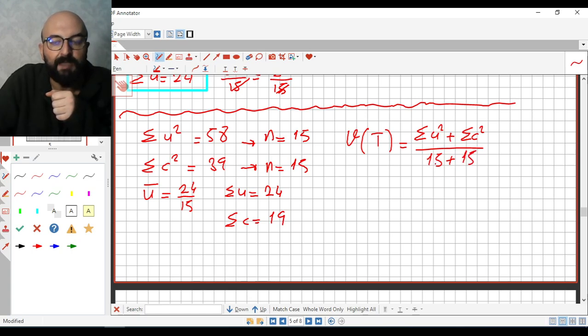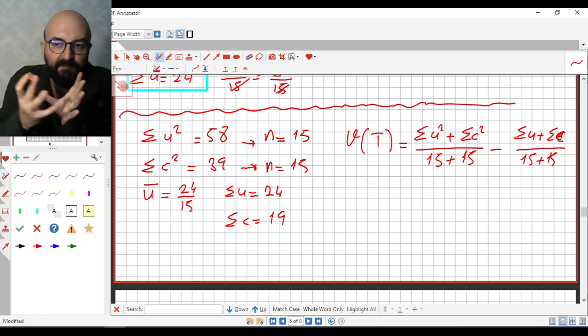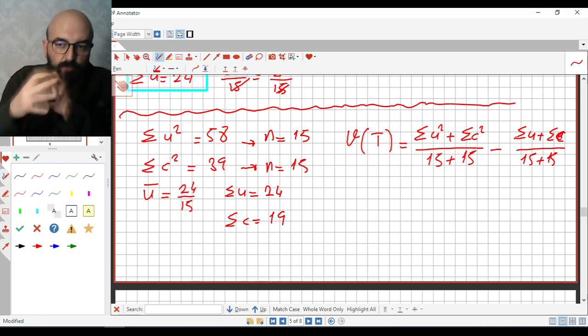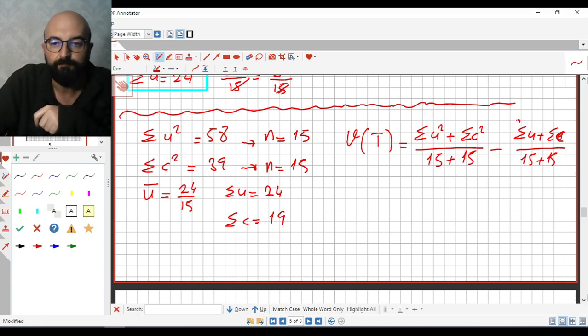These 15 matches are Upchester United's, these 15 matches are Upchester City's, minus the sum of u plus the sum of c over 15 plus 15. This is the mean of all matches altogether, the mean of total goals. So squared,